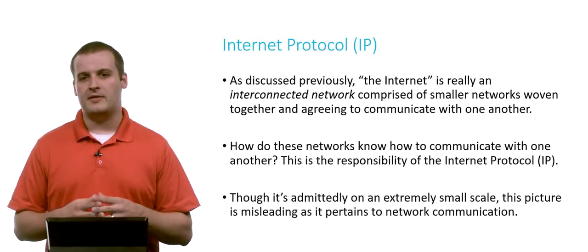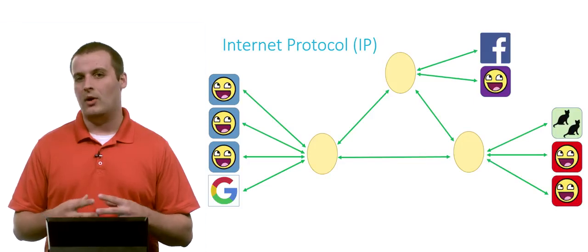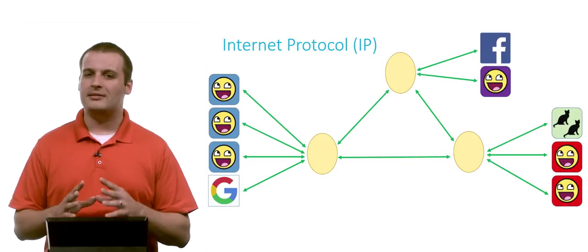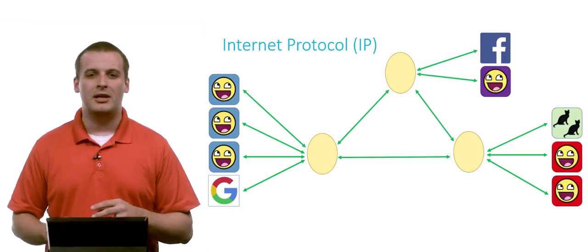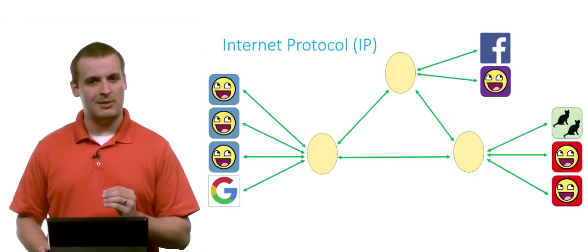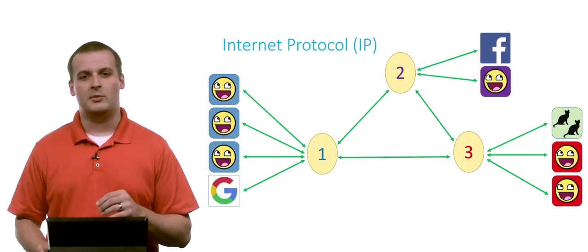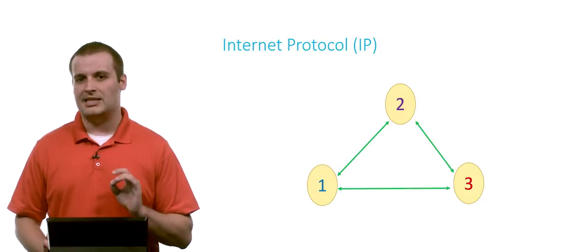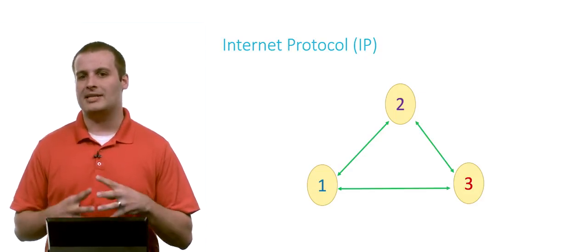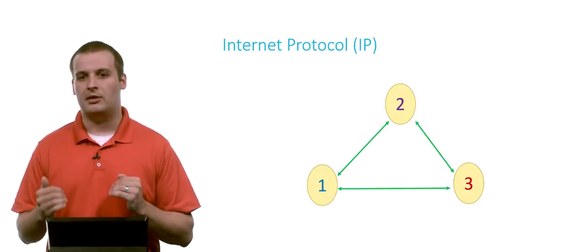So at the very end of that internet primer video, I showed this image of what the internet was. And on a small scale, this is actually probably pretty accurate. This might be how three networks actually talk to each other. But it's a bit misleading. If I just number the networks for the sake of convenience here and get rid of everything else, it implies that all three networks have a connection to one another. 1 is connected to 2, 2 is connected to 3, and 3 is connected to 1.